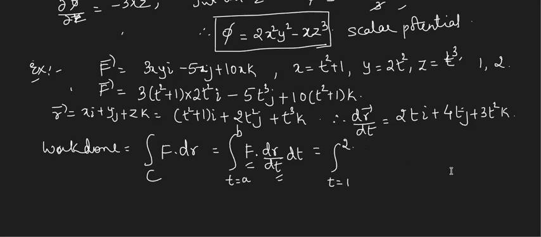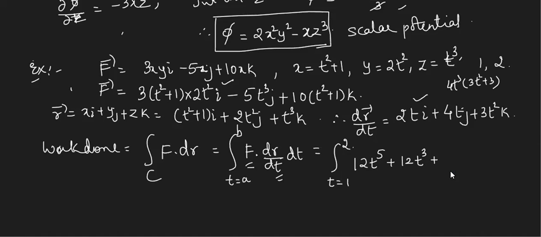While substituting I'll avoid one step, that is, I'll directly take the dot product. What is the dot product of this F and dr by dt? 2t into these terms. Just tell me what you'll get. 2 2s are 4, 4t cube. See this 4t cube into bracket 3t square plus 3. How can I multiply? 4 3s are 12, t cube into t square is t raised to 5, no? Plus 4 3s are 12 t cube.